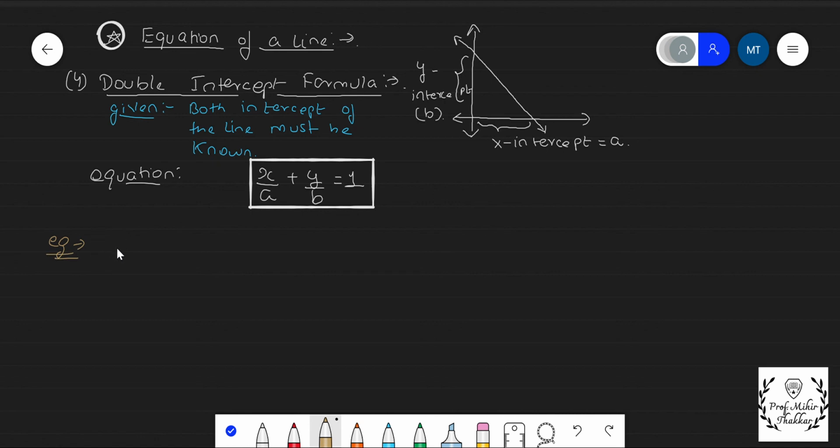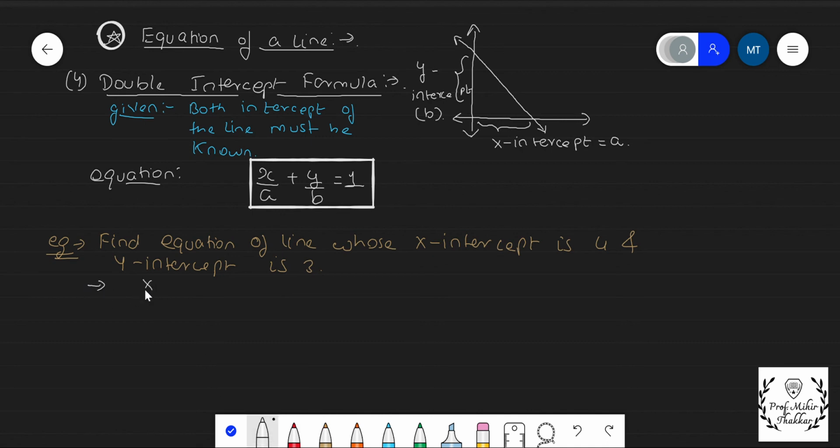Suppose if I say find equation of line whose x-intercept is 4 and y-intercept is 3. So what it should be? X-intercept is given to us, which is equal to a. Y-intercept is also given to us, which is 3, and we say it is represented by b. So I get therefore,